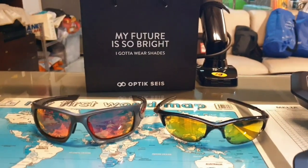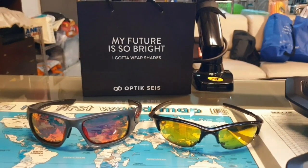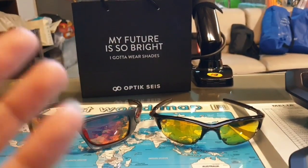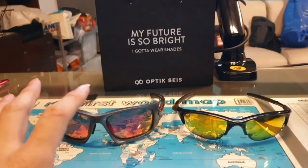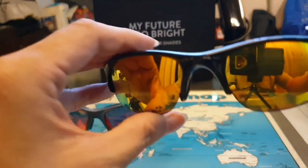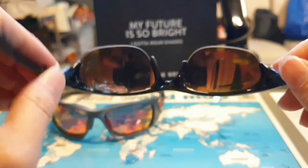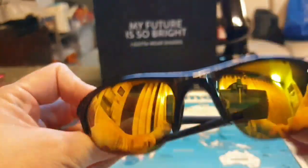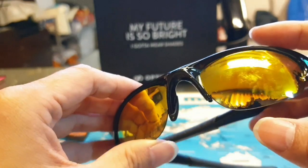This is Angry Tom Tom channel, and today I'm going to show you my Oakley collection, which ones are good, and what the weaknesses and strengths of these sunglasses are. By the way, this is the oldest pair in my collection, from when I was a kid in junior high, and these are Plutonite lenses, which at that time were the greatest